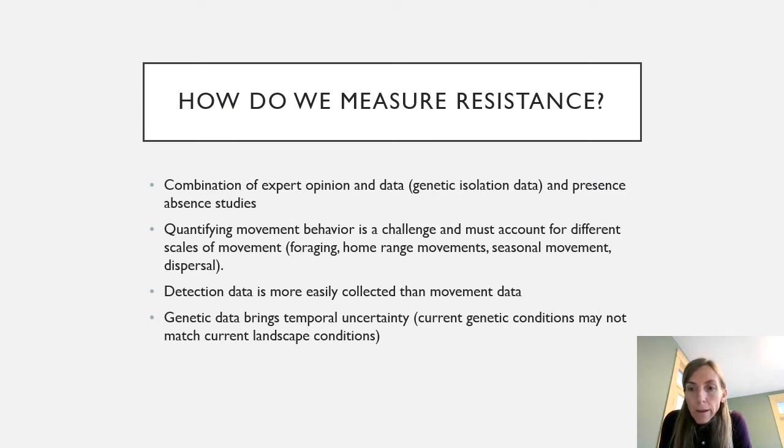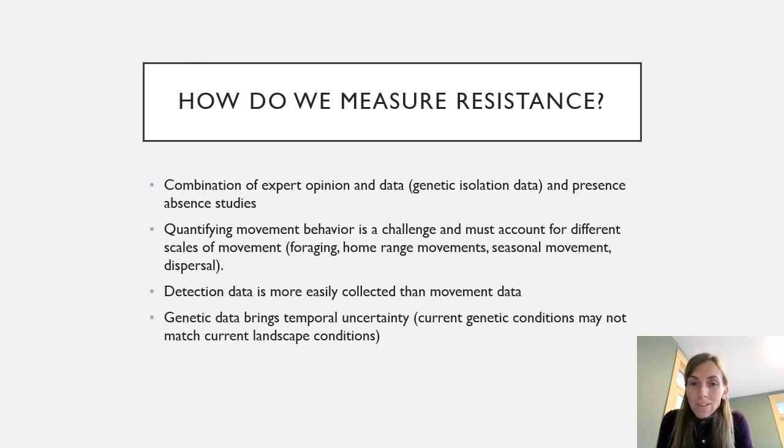So how do we measure resistance within the landscape? A lot of these models that we've discussed apply some knowledge about an organism's willingness or ability to move between habitat patches, quality known habitats that we anticipate they would occupy. And a lot of times we don't have perfect information to base our assumptions on. A lot of times we use expert opinion to decide this sort of resistance weight that we might apply to certain habitat types.